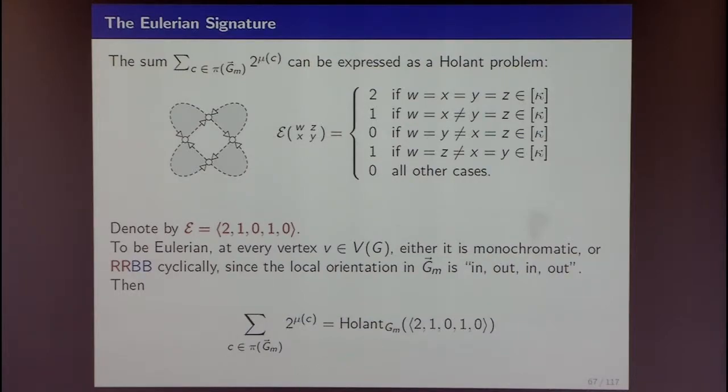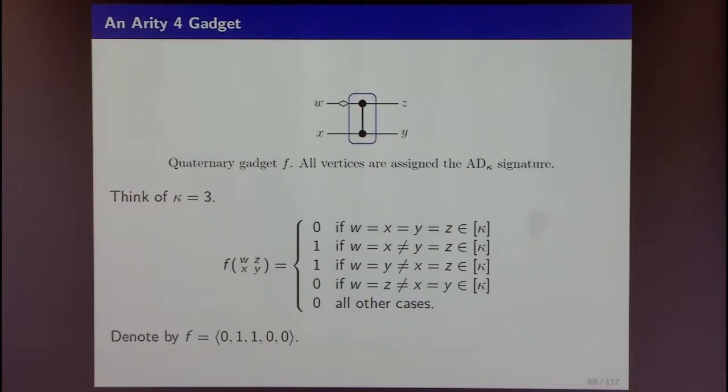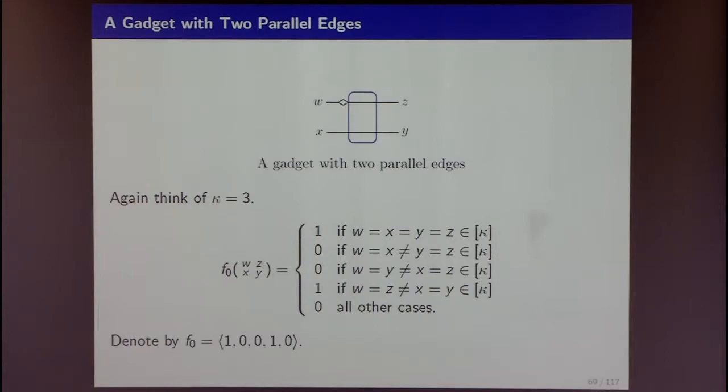So the Tutte dichotomy gives me hardness over the medial graph on this particular signature, what we call signature or constraint function, 2, 1, 0, 1, 0. Okay, and now if you assign the all distinct signature in this particular graph, you can compute that it comes out to be something like this. Okay, that this is a simple way to compute. I'll just not go through it. Again, if they're all the same, it has to be 0 because this is distinct. So this cannot equal to z, and so on and so forth. Now, if you take the gadget, which is just 2 parallel lines, then you can compute another one. Again, it's just a simple computation.